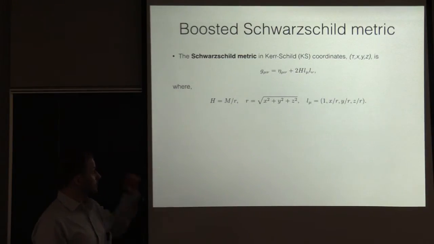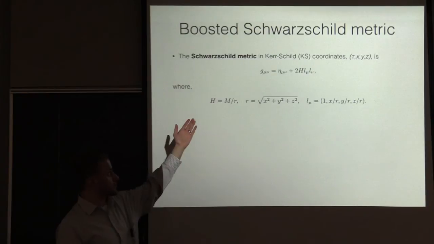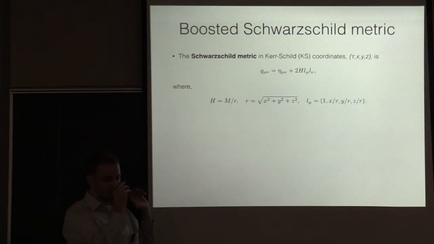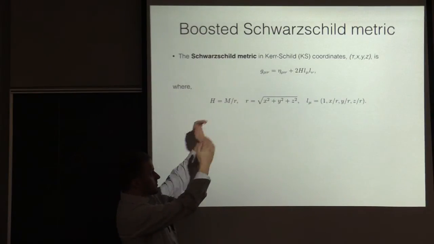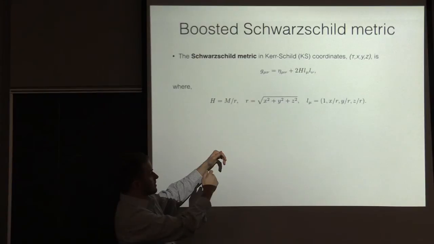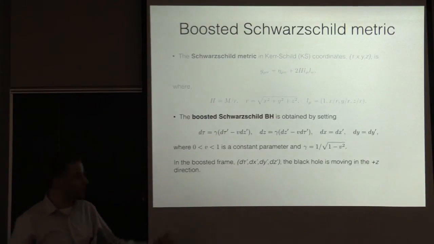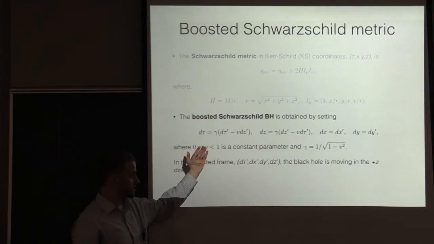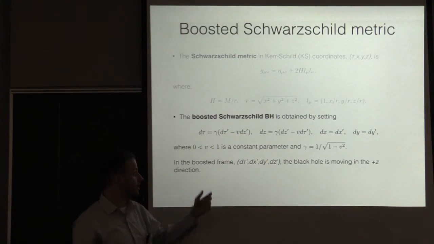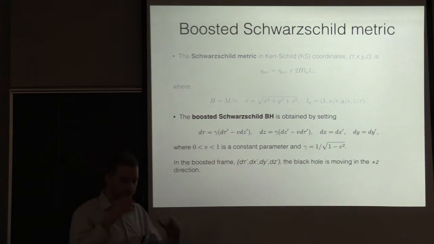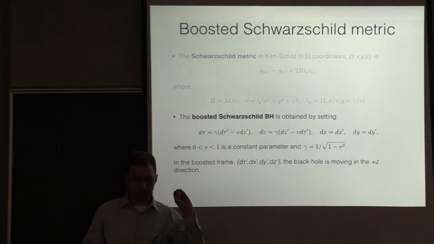And if you write the Schwarzschild metric in these funny Kerr-Schild coordinates, then it's really easy to obtain the metric for a Schwarzschild black hole moving with constant velocity. You write the metric in these funny coordinates, t, x, y, z, and then you essentially just apply a Lorentz boost to those coordinates. It just looks like an ordinary Lorentz boost, but it turns out that's the right thing to do. And you arrive at some new prime frame. And observers in the prime frame see the Schwarzschild black hole moving along with a constant velocity.